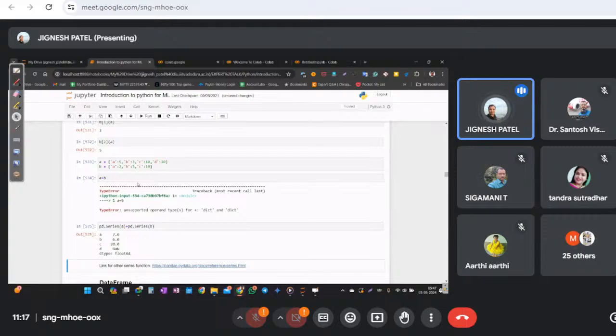Got it? But Pandas is built on NumPy. NumPy is also built on Python. So Pandas itself supports numerical operations also. Pandas also supports the same type of functionality as NumPy. So when you see here the pd.Series A, pd.Series B, automatically they can do like NumPy array addition. If you have a NumPy array A and NumPy array B, you can always do the addition